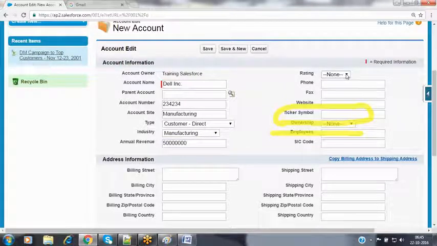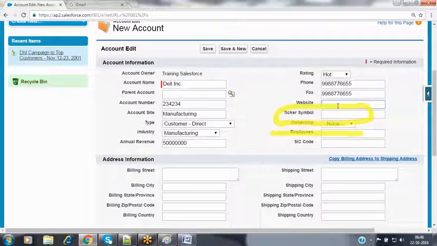Rating: what rating are you going to provide to the customer? We have hot rating, warm rating, and cold rating, like high, medium, and low. Salesforce has different terminology. If you want to use the same rating values, you can. If you want to change them, you can customize based on our requirement. Every option we can customize. I'm giving a hot rating because he is a very valuable customer to us, as they are going to purchase more products. Now phone number, I'm entering some value. And the fax number.